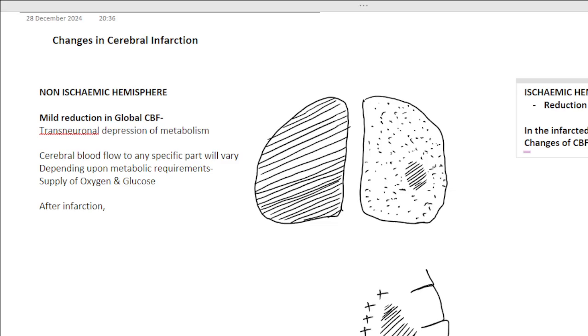Actually, if you see this image, basically this image, I'm talking about this image here. Okay, let me tell you first. Areas of reduced blood flow,